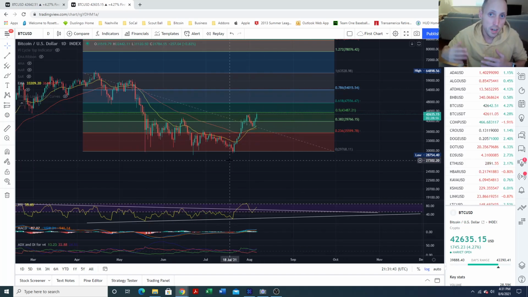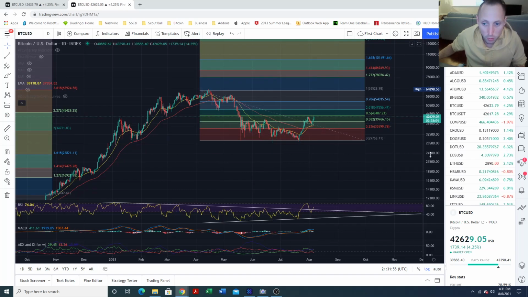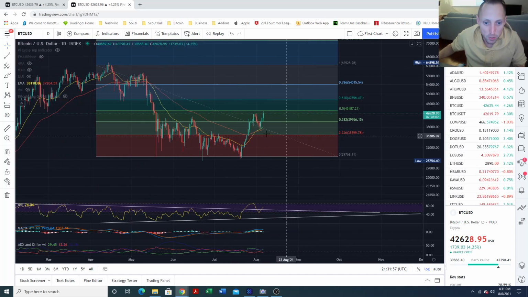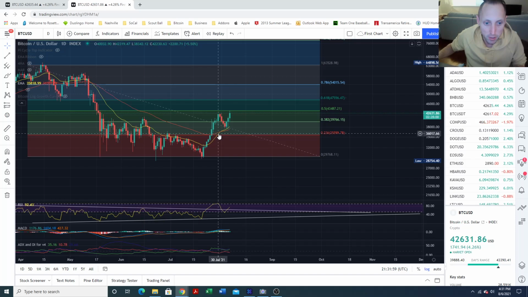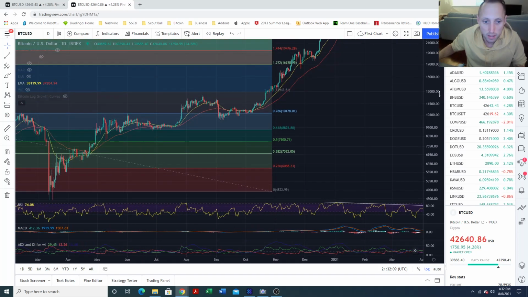Now, when you start getting on a weekly platform and you start looking at these indicators on a weekly macro time frame, they tend to be even stronger. So let's go back in time and look at the last time Bitcoin has done this. When's the last time Bitcoin showed a golden cross right here, which it recently did on August 1st? The last time we can go back to is over here.